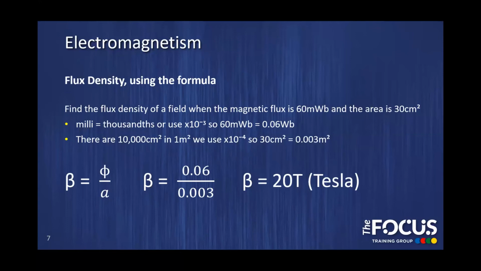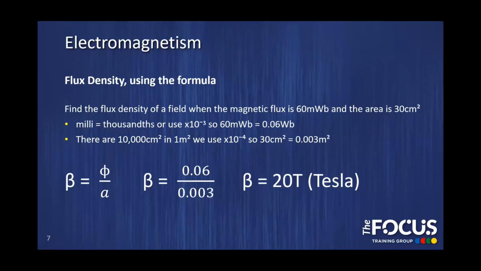So to change 30 centimeters squared into meters squared, we can either divide 30 by 10,000, or we can multiply 30 by 10 to the minus 4, skipping the decimal point 4 places to the left. So our 30 centimeters squared becomes